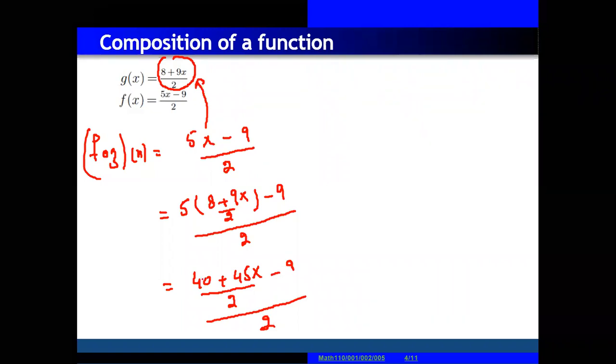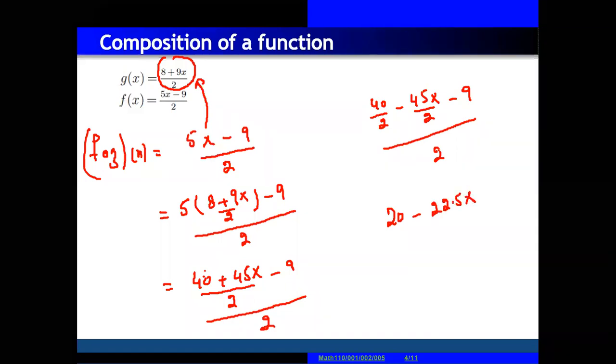Now actually 40 divided by 2, this 2 is for 40 and this 2 is also for 45. So if you separately write 40 divided by 2, breakdown of LCM, 45x divided by 2 minus 9 and then whole divided by 2. 40 divided by 2 equals 20, minus 45 divided by 2, so that's 22.5